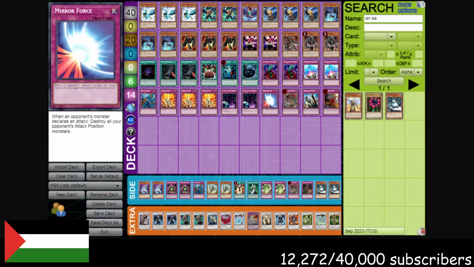7 tools on the side is kind of cool. Extra deck looks about as straightforward as it gets. Not much to say here. Second place,